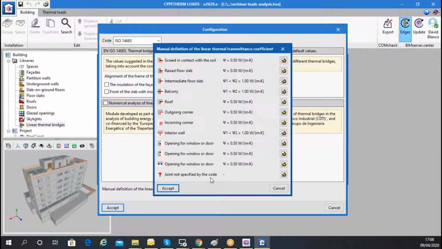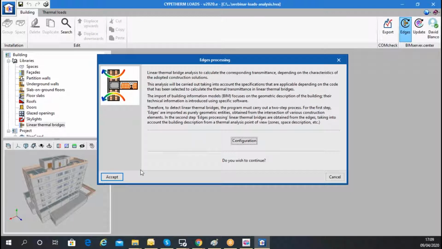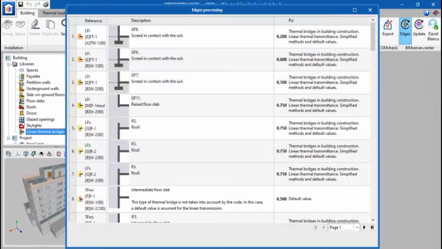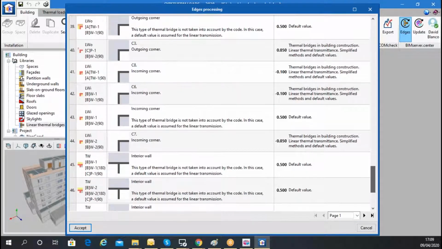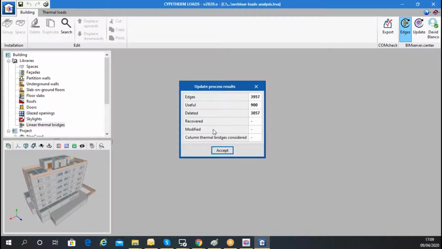And also the manual definition for internal or thermal transmittance, okay? The manual definition if you want to configure a particular linear thermal transmittance for a particular thermal bridge. If I import here, I will be able to accept and process all the edges of the building. So this is the information of all the edges, the thermal transmittance, the linear thermal transmittance, and if I accept here,